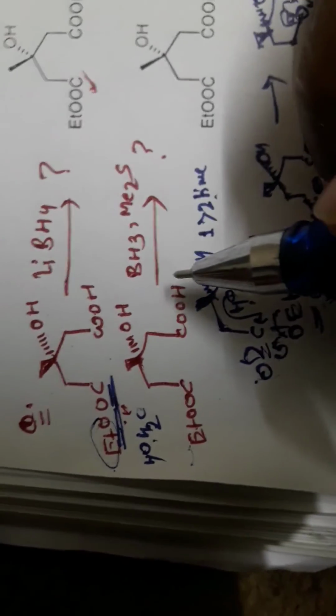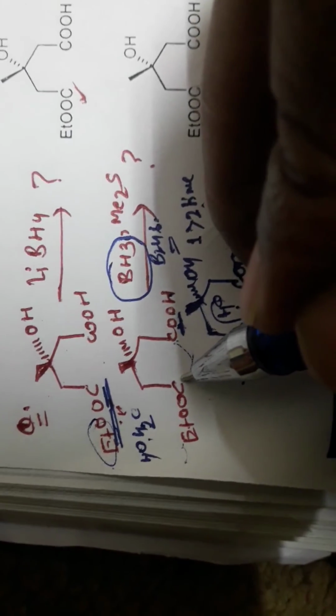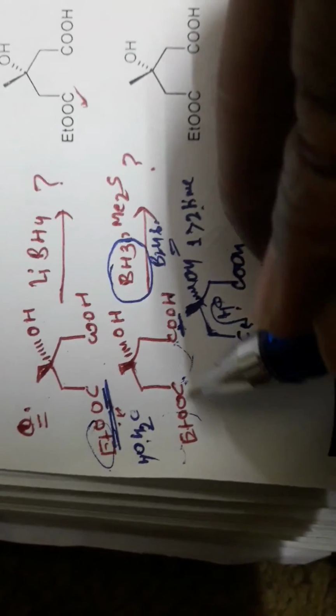So same situation will be here, this COOH. In this what happened, BH3 will convert COOH, means BH3 is a selective boron reagent. BH3 is the monomer of B2H6. Okay, so BH3 will act on this, convert COOH to a primary alcohol, and same when CH2OEt will be converted to CH2H. After CH2H formation, O minus charge will attack on this carbonyl, and after reverse of charge, it will act as a leaving group.